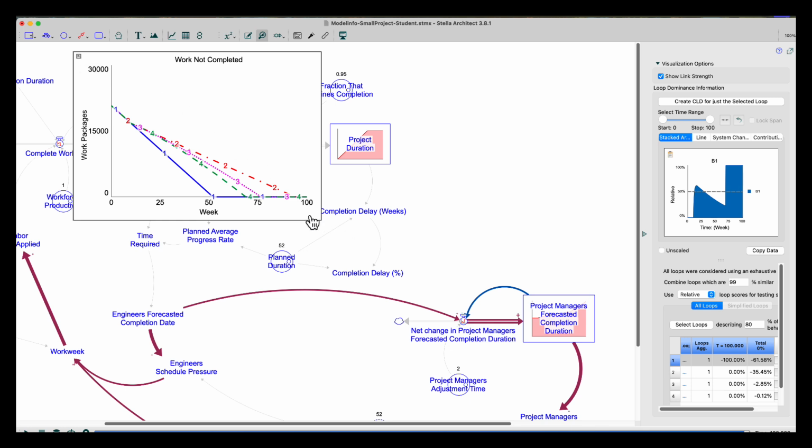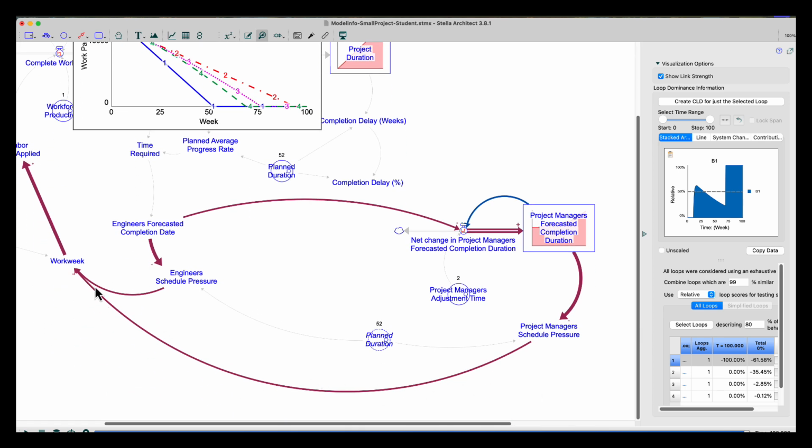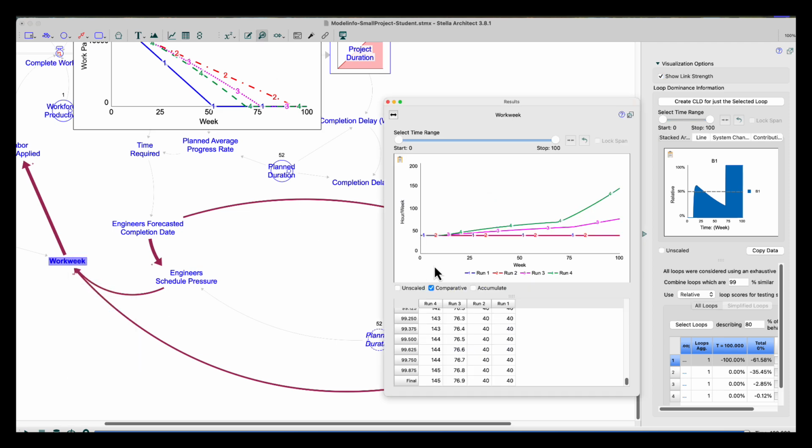And now we are on run 4, and you can see that we're finishing a bit sooner. What's occurring is that with this information delay, there's more pressure coming into the system, right? I've closed one more feedback loop. You not only have the engineer's forecast getting off and telling folks they've got to work a little harder, now you have the project managers authorizing or hiring more people, or the work week is actually increasing in this case. I'm going to right click and view the results for my work week. And you can see simulation 4 here is going to be a bit higher. These folks are working